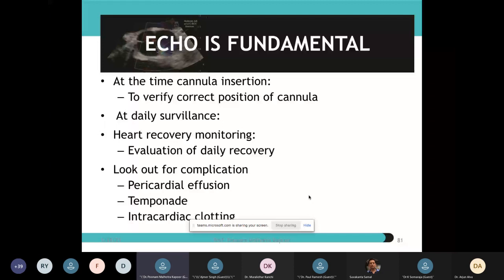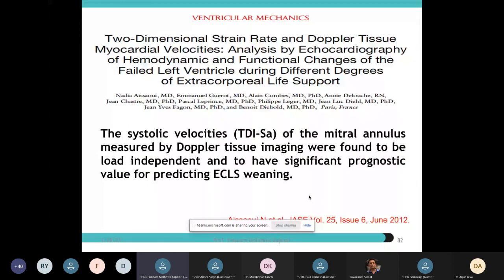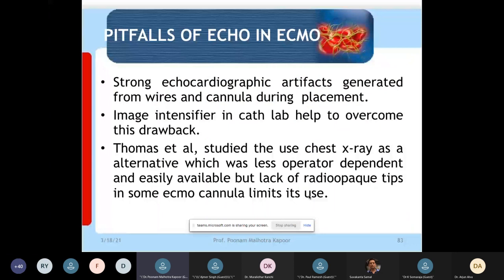at the time of insertion of the cannulas, for daily surveillance and monitoring of the heart during its recovery, and on how to wean the patient from the cannulas. Tissue Doppler imaging with systolic aortic velocities is coming up in a very big way as a load independent marker to tell us whether ECMO is doing well or not, and how to wean off ECMO. I would still like to rest on three parameters: absence of LV distension, opening of the aortic valve, and my aortic valve VTI or LVOT VTI more than 10 centimeters with an end diastolic dimension across the LV